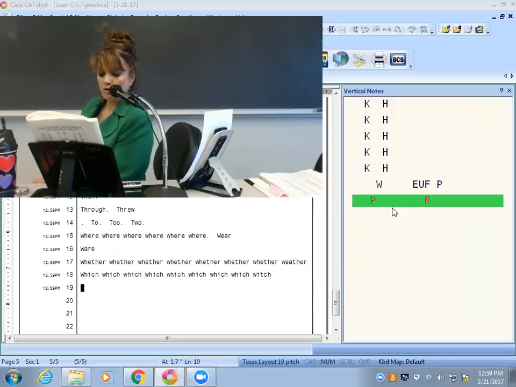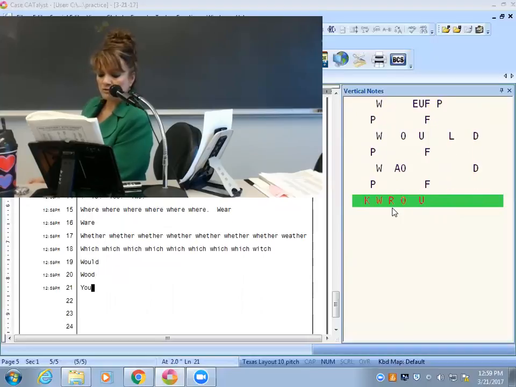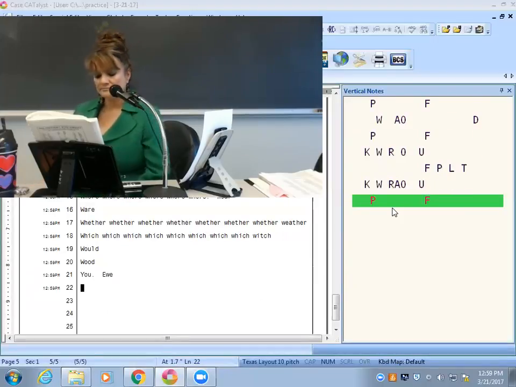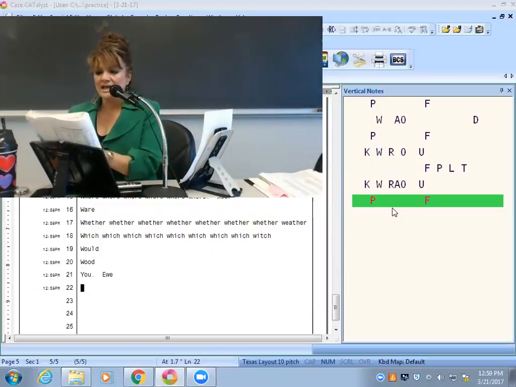And then you've got would, W-O-U-L-D. The wood door, W-A-O-D. You is Y-O-U. U, E-W-E, as in sheep, Y long U. Okay? So take advantage, as I said, of the spellings. And then